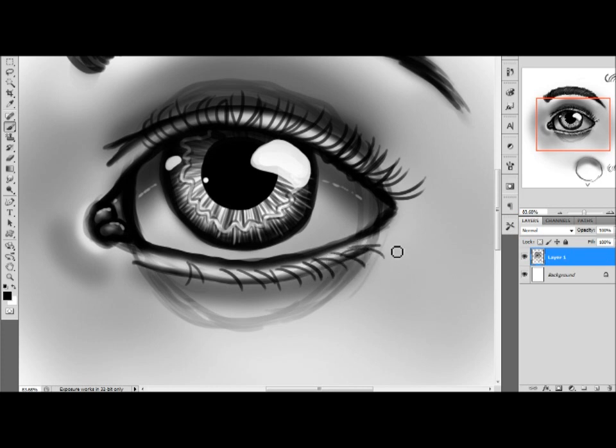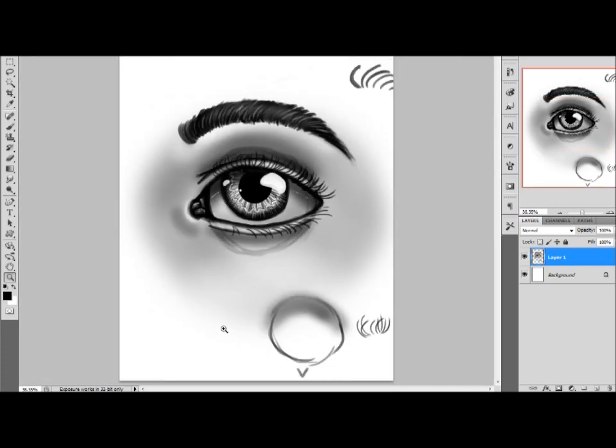Also, when you're drawing these, you'll notice I'm doing them pretty fast. You should be doing nice gestural strokes, okay? If I sit here and try to draw every single one, you see how chunky and not natural they look? You want to go fast when you're drawing eyelashes, okay? So now we have an eyebrow, an eyelash, we have shading, we've done the tear duct, we've got a lot going on, okay? The last big thing that we're going to add